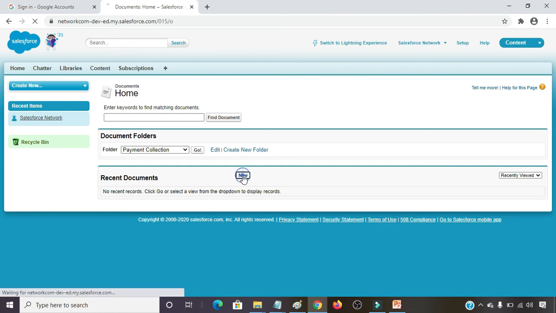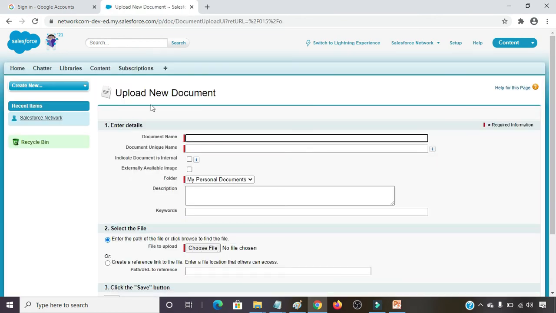Click on new button. Enter the document name. Here I am going to provide document name as payment. This is a unique name. Indicate document is internal or externally available image.